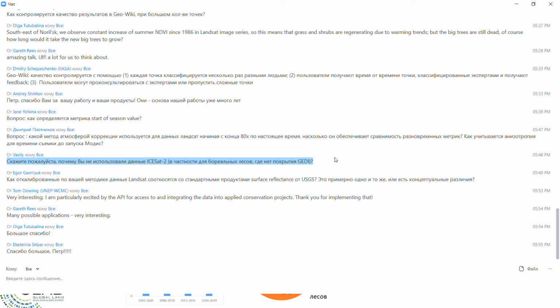We don't have JEDI data for certain latitudes. They're limited by the 52nd latitude. So in the future, maybe we will release an updated version of the map where we'll be using airborne data, all the data that we have for the world, and JEDI data and ICESat-2 data for calibration of the model.